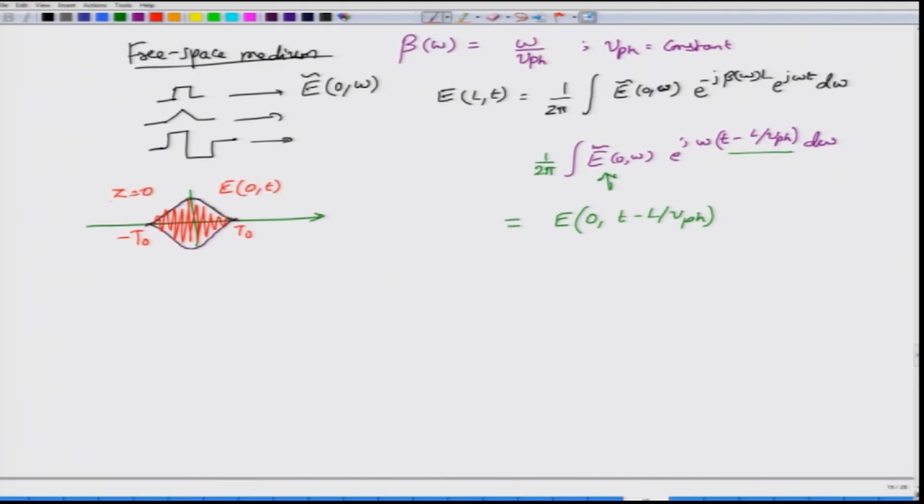That is at the input of the channel, z equal to 0. But at the output of the channel what you have is the same pulse, except that instead of t equal to 0 you now have the pulse center at L by VPH, because earlier the pulse center was at t equal to 0. Now, to get the same pulse center here, you need to make t equal to L by VPH, and therefore the pulse center has simply moved by this distance, which is L by VPH,